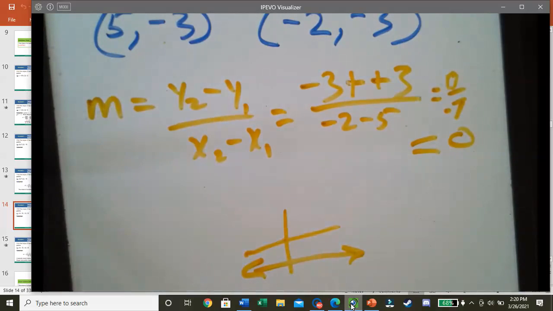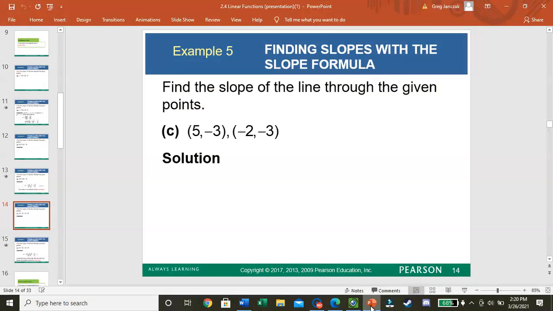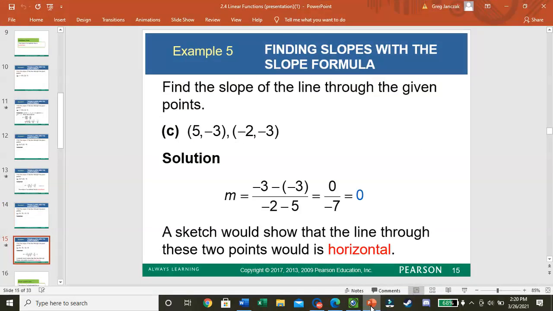So when 0 is in the numerator, our slope is 0. When 0 is in the denominator, it's undefined. Okay? 0 in the numerator, slope is 0. 0 in the denominator is undefined. Okay, so our slope is 0. All right? So we get a horizontal line here. So if we were to draw this on a graph,